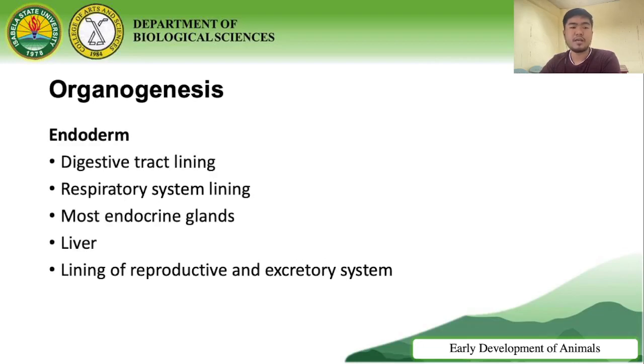Okay? And dun sa inner parts ng cell, which is the endoderm, ito naman yung fates ng cells na mabubuo nun. The digestive tract lining, the respiratory system lining, most of the endocrine glands, liver, and the lining of reproductive and excretory system. So those are the different ontogenetic processes, okay,